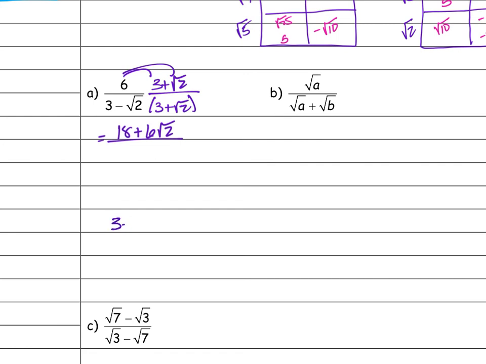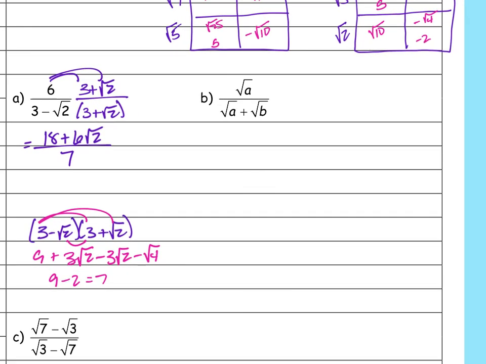So I've got 3 minus the square root of 2 times 3 plus the square root of 2. And so 3 times 3 is 9, and 3 times the square root of 2 is 3 square root 2. And then I get minus 3 square root 2 and minus the square root of 4. So this is 9 minus 2, or 7. So it's all over 7. Done. Okay? And then for the second one, I'm going to multiply by